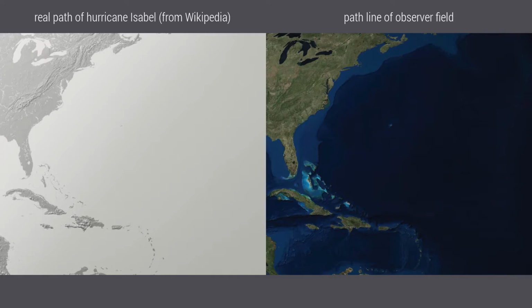Here we compare the actual trajectory of the hurricane, shown on the left, with the motion of the observer that was computed by our approach on the right. We can see that the computed observer closely follows the center of the hurricane over time. The question is, how do we find such an observer that moves with the hurricane, and what is an observer